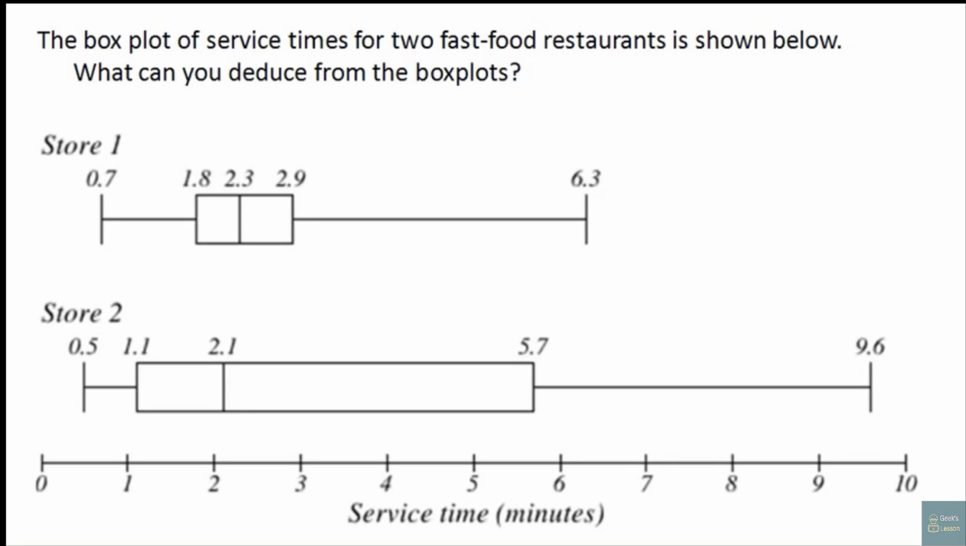So box plots can be particularly helpful when trying to compare two different data sets. So in this case, we have two different fast food restaurants, two different stores, and let's see what we can deduce from these box plots. So first thing we might look at is the median, and remember the score at the middle bar there is the median. And so store 2 has a smaller median, which means that